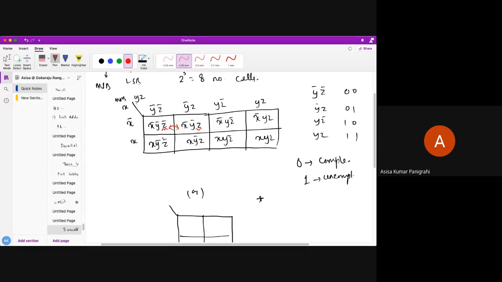So why do we always keep adjacent minterms? Because we can apply three rules here. What are those rules? First of all, the distributive law you can apply. You can apply postulate number 6, which is nothing else, a bar or a is 1. Then finally we can also apply postulate number 2, a into a is a. So if we combine these adjacent minterms, I am able to apply three rules of Boolean algebra at a time, which can easily simplify my equations.